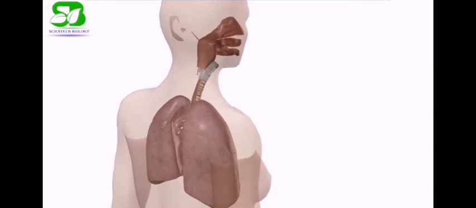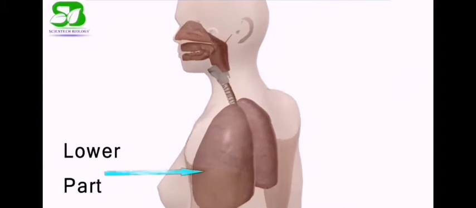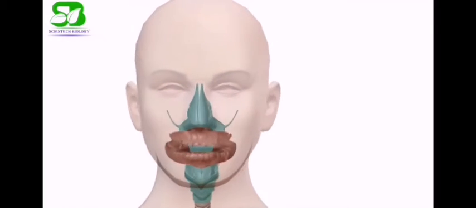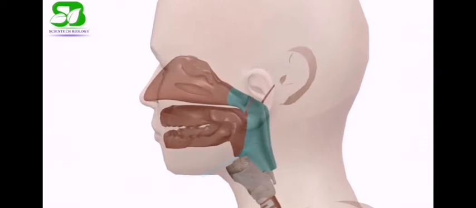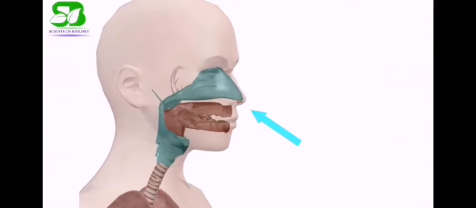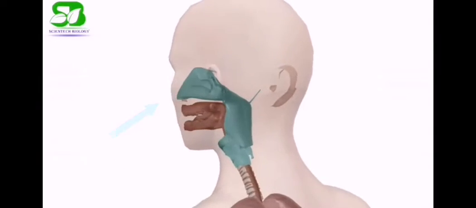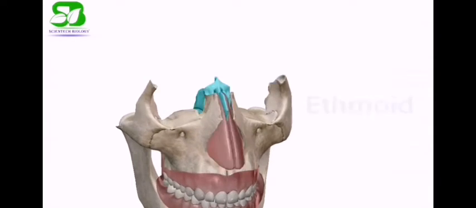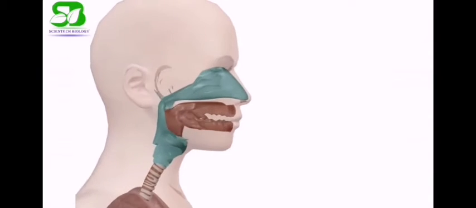The human respiratory system has two parts, the upper respiratory system and the lower respiratory system. The upper respiratory system consists of the nasal cavity, pharynx and larynx. Air entering the nasal cavity flows through the passage created by the superior, middle and inferior nasal conchae. Frontal, maxilla, nasal, ethmoid and vomer are the 5 bones of the nasal cavity that form a framework that support